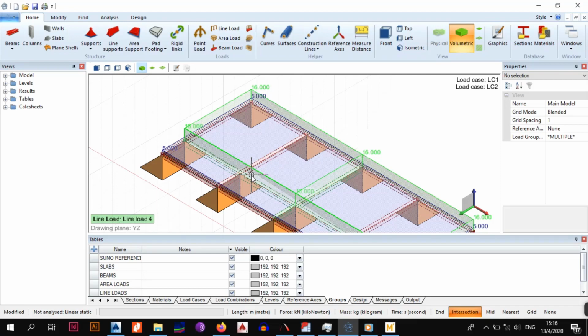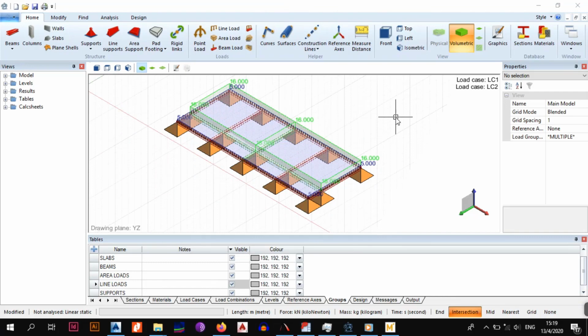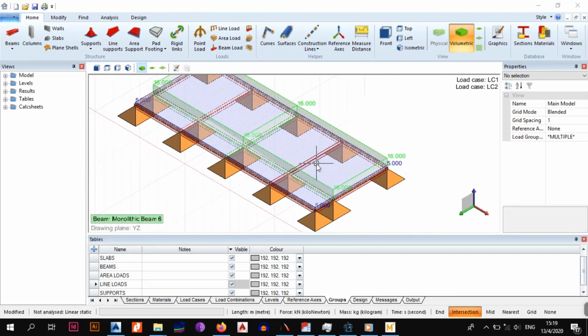We don't even have to worry about it. Everything else will be catered for in the self-weight case. So we're good to go. 5 is good enough for us. None of our finishes will be providing too much of a weight to anything of this, so 5 is okay. Just remember that. Okay, once you are done checking whether everything is okay and you've modeled your structure nicely as we have done,